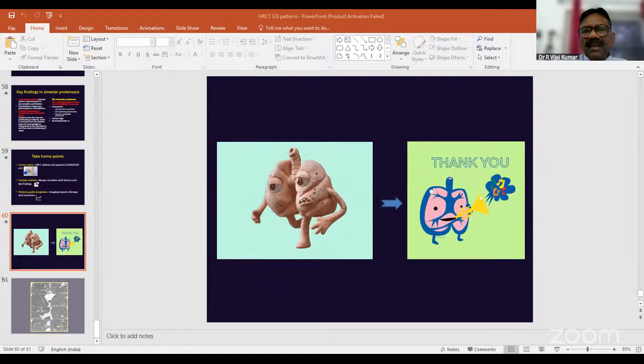Whenever we want to know whether there is any fibrosis because of interstitial lung disease, all we have to do is put our stethoscope at the back in the infrascapular area and ask the patient to take a deep inspiration. If you hear nice crackles at the end of inspiration,